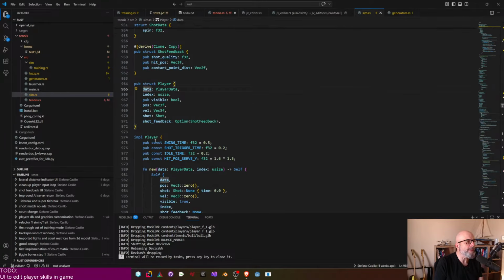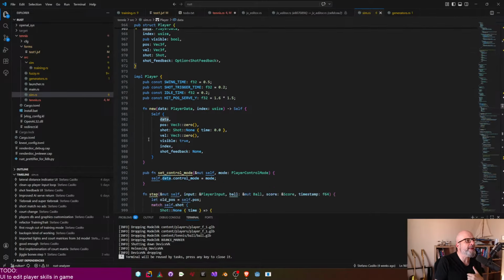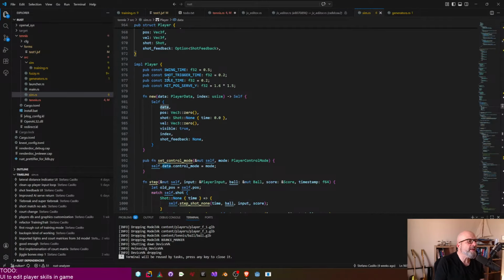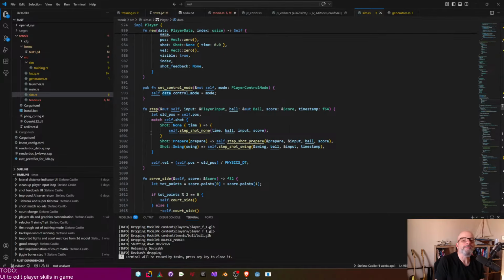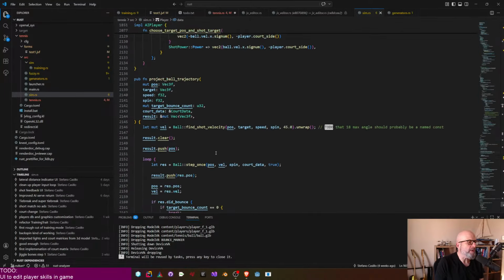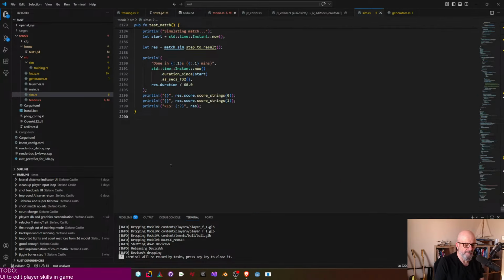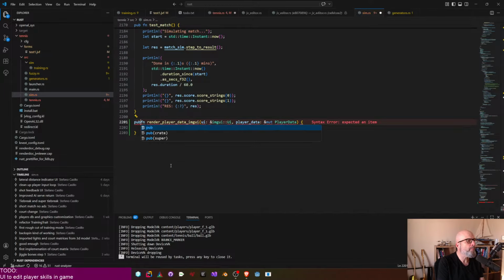So obviously, this function could also become an implementation of player, but I think it's really dirty to have this idea that a player, which is a purely simulation thing here in the game, also has something to do with UI to render it. So I have a feeling that it doesn't really belong there. So we keep it as a loose function. We make it accessible, and now